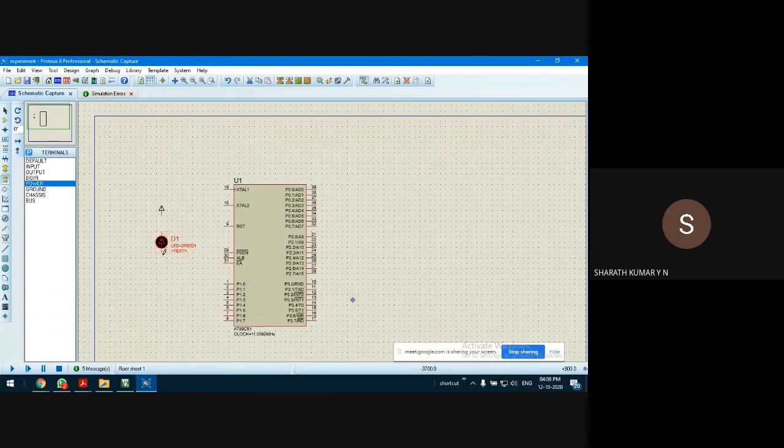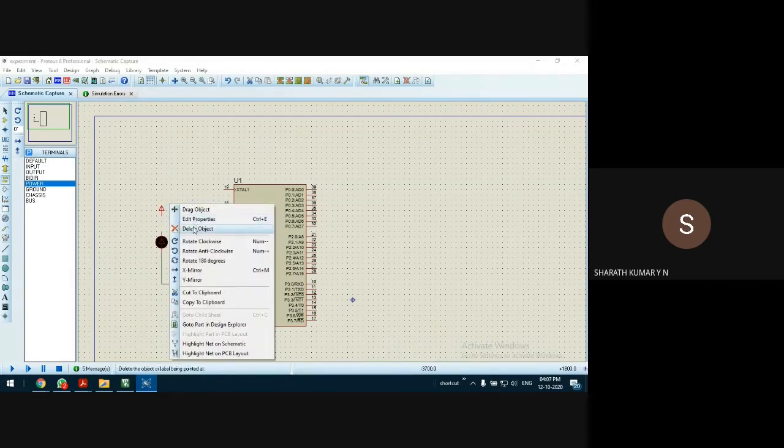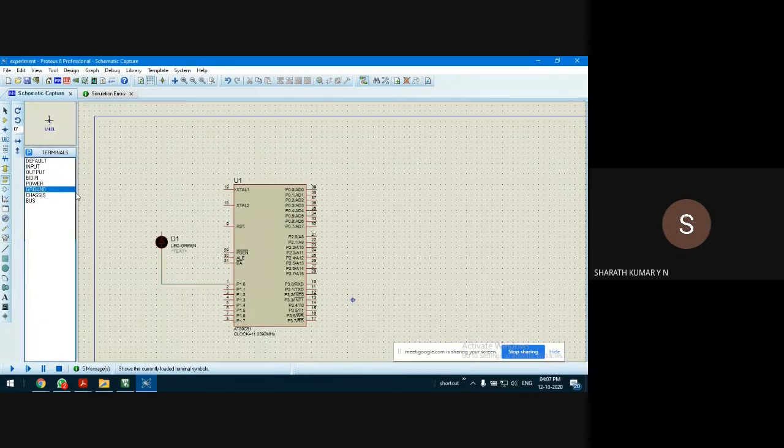If we connect the anode to the pin, let us say P1.0, for example, then what should be the cathode? Cathode cannot be the source. If cathode is source, it may not work. Select the ground, place it somewhere here, and make this connection. Let us see whether this works.